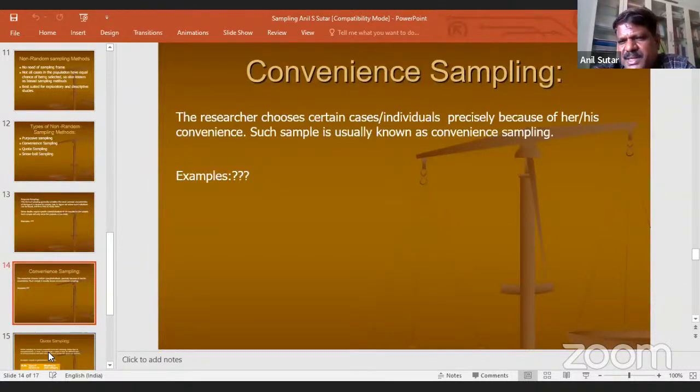These are convenience sampling. And sometimes you as a researcher will select a particular school for studying students precisely because the school principal happens to be very friendly with you. You can still mention that, or you might have worked earlier in that school or college and you have built good rapport there. These all could be cases of convenience sampling.